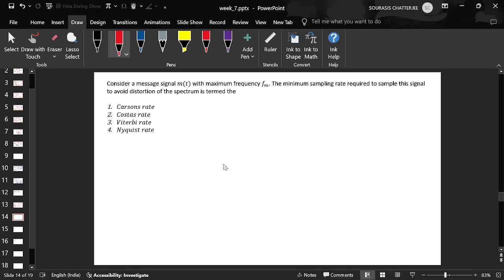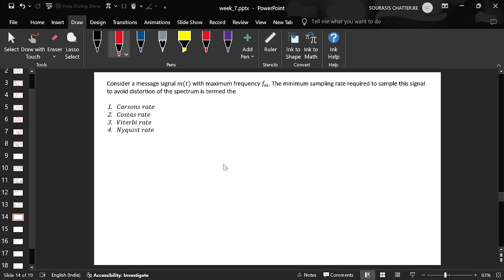So this question says that you have considered a message signal with maximum frequency FM, and the minimum sampling rate required to sample this signal to avoid distortion of the spectrum is termed as... you pretty much know what it is. It is just the Nyquist rate only, because when you sample at the Nyquist rate, you avoid the overlap between the different spectral copies of your original spectrum, so that way you avoid the distortion,